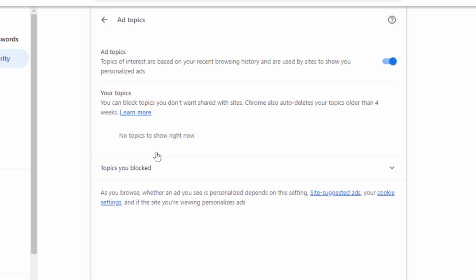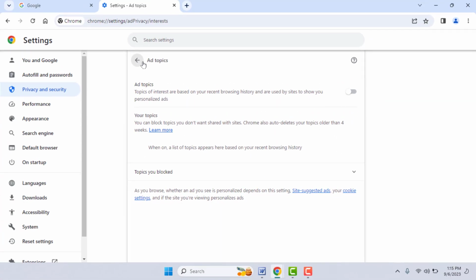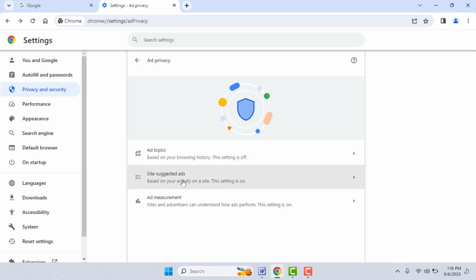So if you turn off the feature, the web browser you are using can't detect your online activity. So you just need to disable all three options. You can get all details about this feature here. As you can see, pause this video and read it and go back, and you need to open site suggested